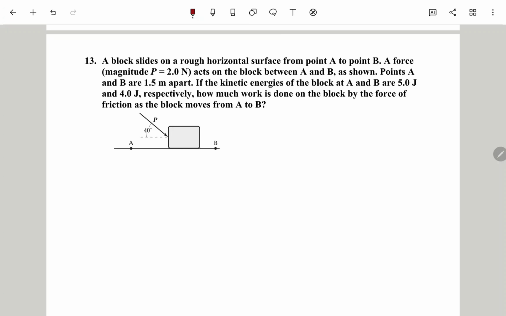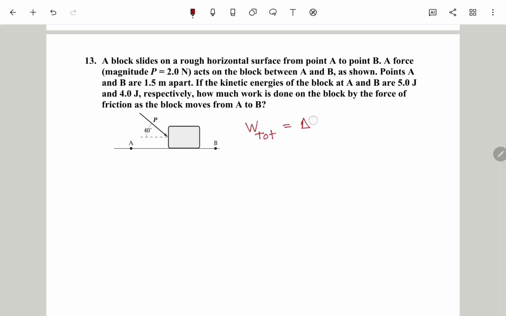A block slides on a rough horizontal surface from point A to point B. A force with magnitude equal to 2 newtons acts on the block between points A and B, as shown in the figure. Points A and B are 1.5 meters apart. If the kinetic energies of the block at A and B are 5 joules and 4 joules respectively, how much work is done on the block by the force of friction as the block moves from point A to point B? Again, work total